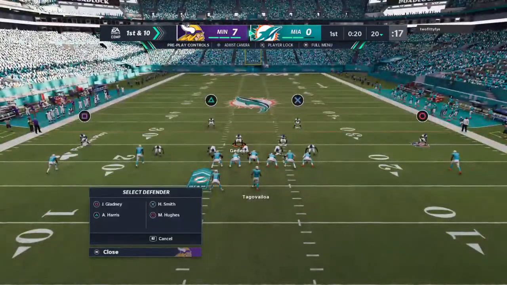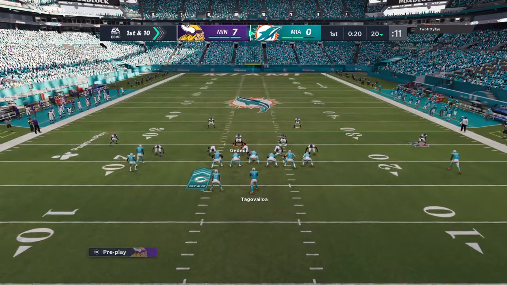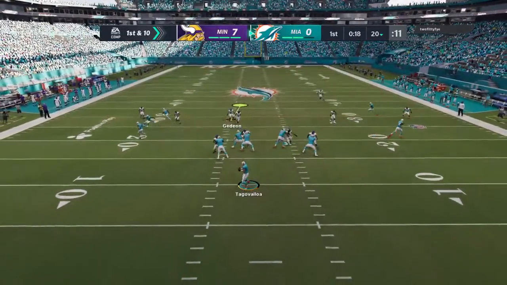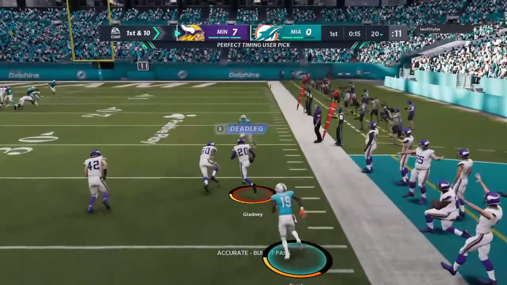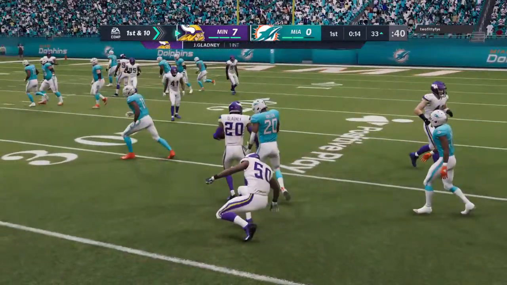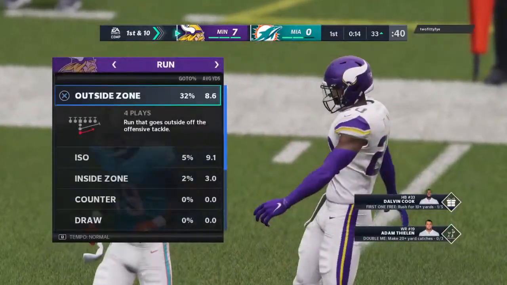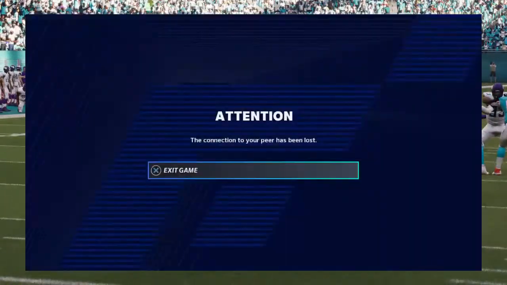Tagovailoa and the Dolphins come up first and 10 at the 20. He'll set up to throw from the gun, and he fires one that's intercepted. Picked by Jeff Gladney, and he's able to get it back to the 33-yard line. Intercepted by the Vikings. They'll take...